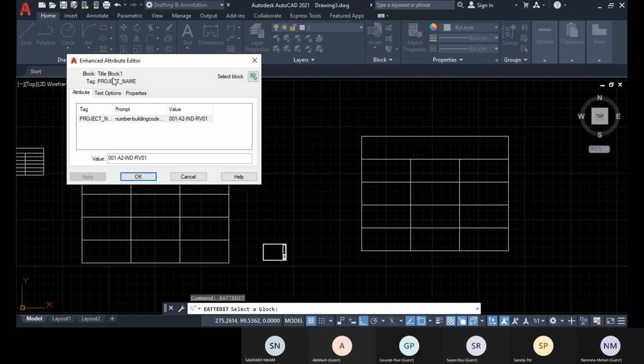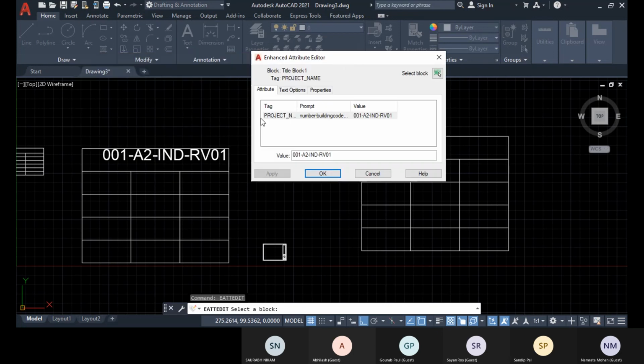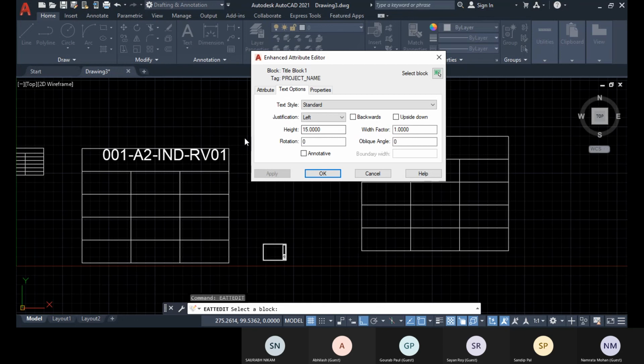Here you see only one attribute is there. For the tag, prompt, and value, you can only change the value; you can only see the tag and prompt. Go to the text option, and there you can change it. Click on OK.